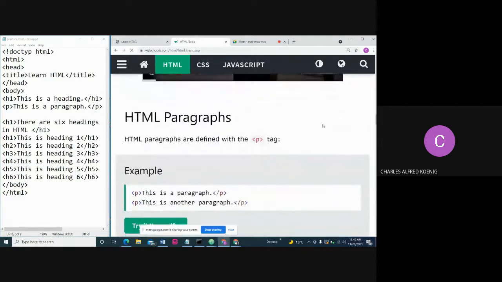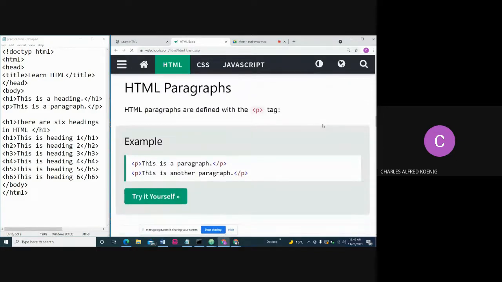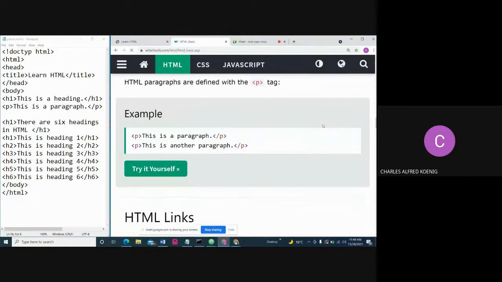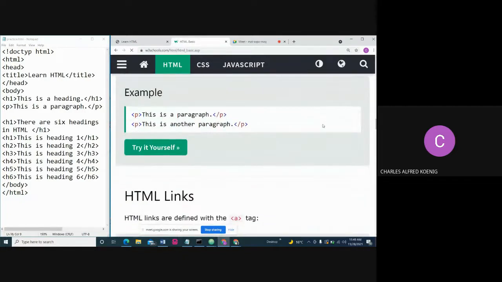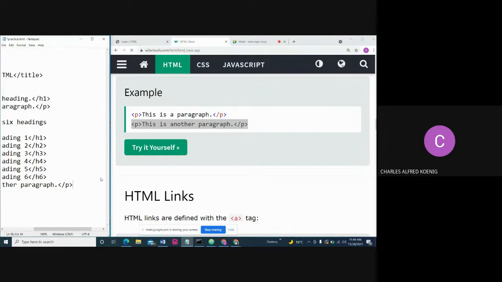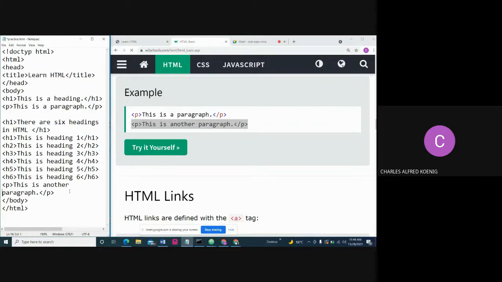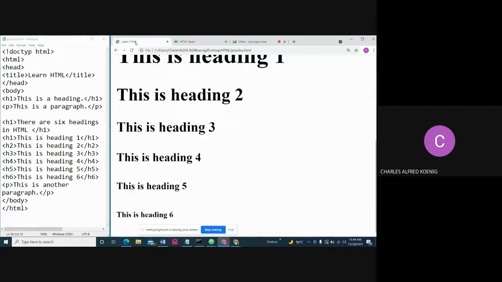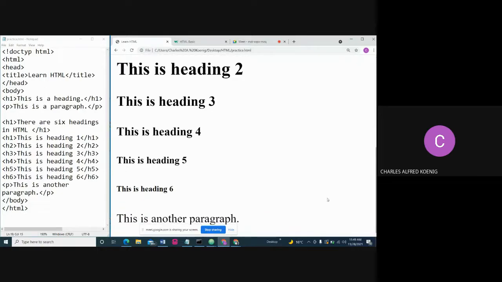So HTML paragraph, we saw the paragraph tag, and this is a paragraph. This is another paragraph. All right. So copy this and put it right into our code and say this is another paragraph. Save. We'll come back here and refresh. You should see this is another paragraph. Okay,